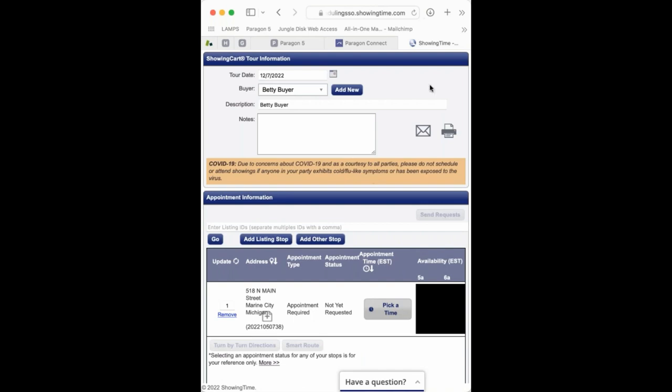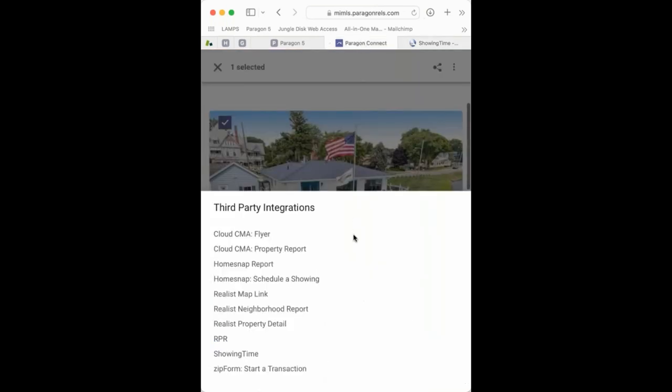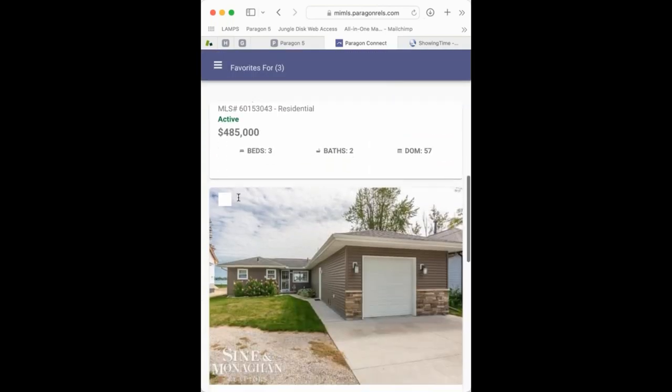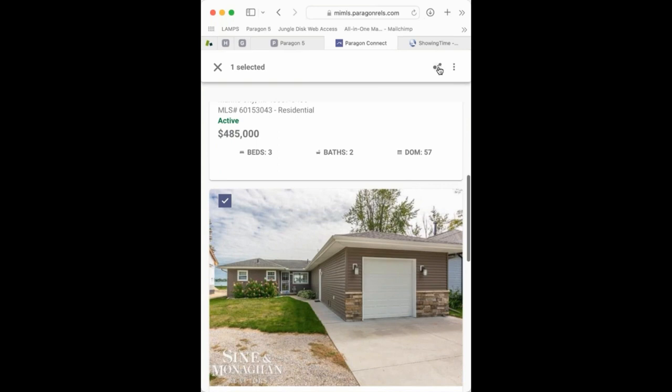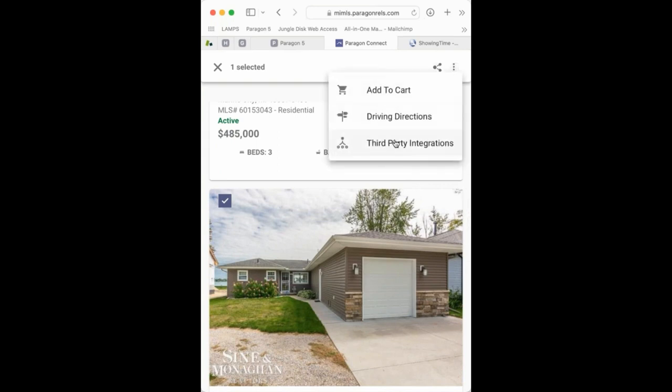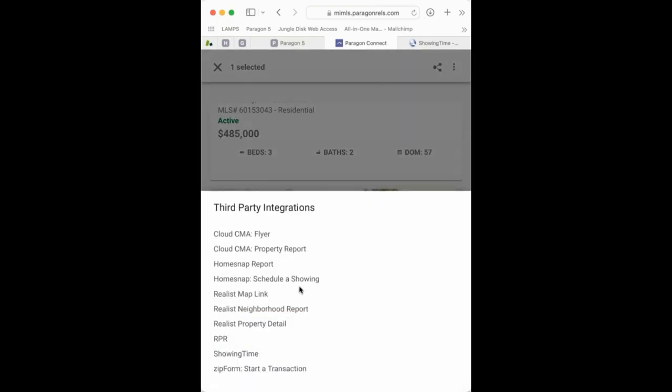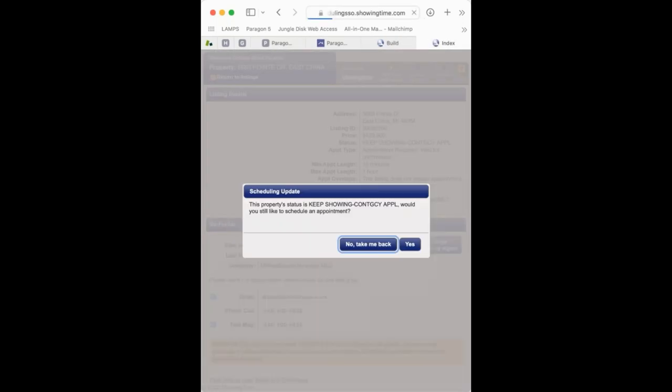So now that I've got this done, I can go back to Paragon Connect, take my next one, unselect, see, now select, then throw it over to the third-party integrations. So it is a little bit more cumbersome. You'll find sometimes there is only one way to get things done. Sometimes it's the long time,